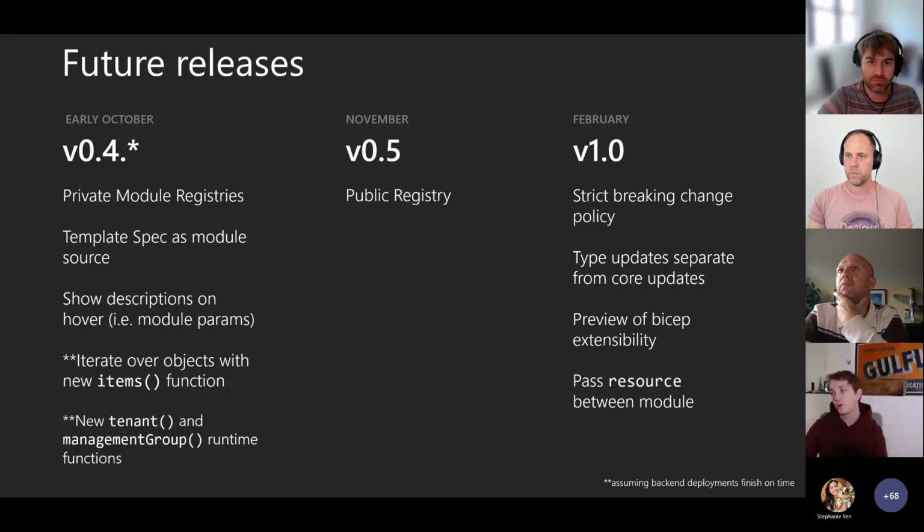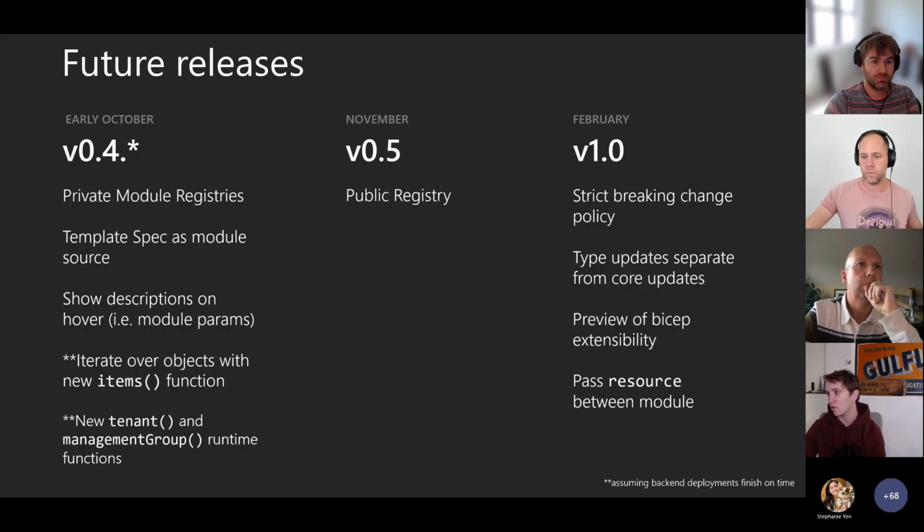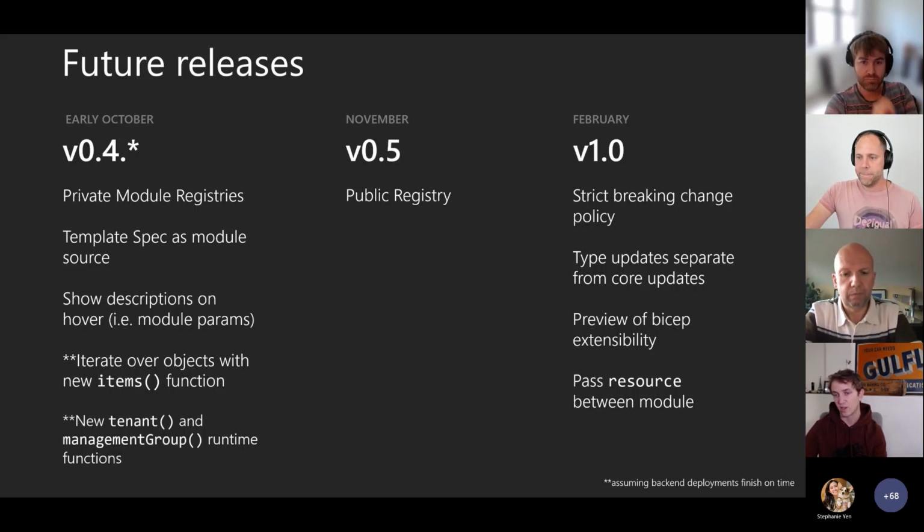Azure DevOps tasks. We don't really have any updates on the DevOps tasks. It's not something we directly own. There's a partner team that manages that on our behalf. I know they know about the ask. I think they just have a long backlog. In GitHub, the ARM template deployment task does allow you to specify a Bicep file directly, because they're really just a thin wrapper over Azure CLI. But for DevOps, I don't have any updates.